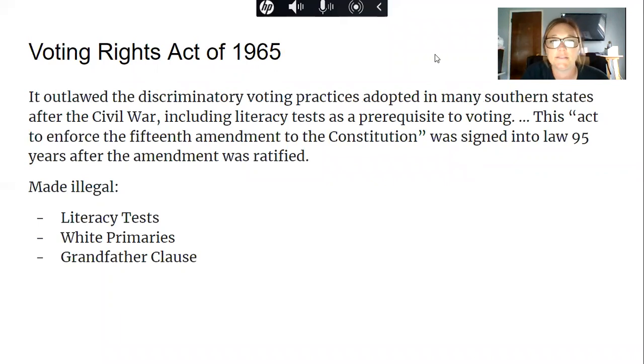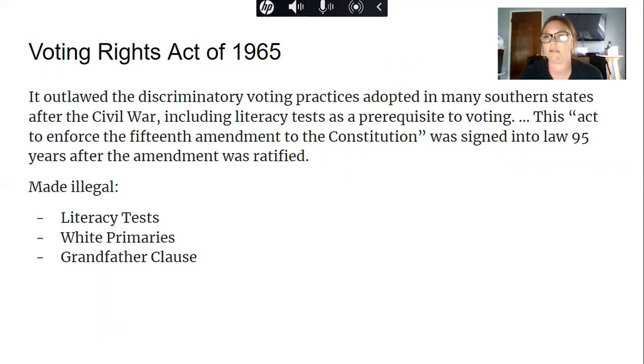The next one connects to that. It's the Voting Rights Act of 1965. Again, this was signed by Lyndon Johnson into law, and it outlaws discriminatory voting practices that were adopted in a lot of those southern states. After the Civil War, after the 15th Amendment is passed, that gives voting rights to African American men, we still see a bunch of practices going on, especially in the southern parts of the United States,